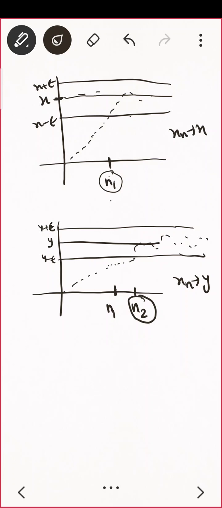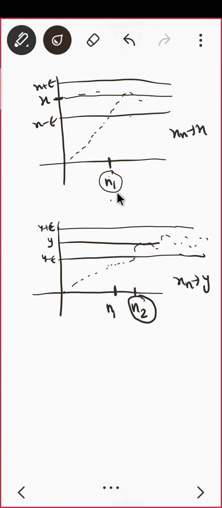See, I'm just giving you an example that this may happen, that n1 is bigger and n2 is smaller. I'm just giving you a hint that I need to choose an n such that either it is the epsilon band for x or it is the epsilon band for y. Everybody should be in that band only. Everything is here only. You should see.